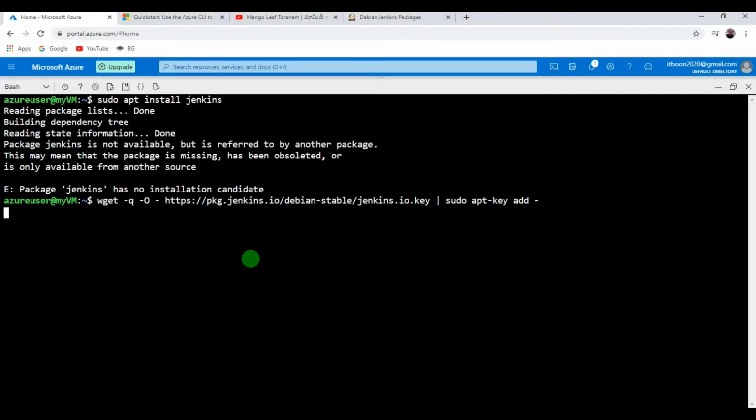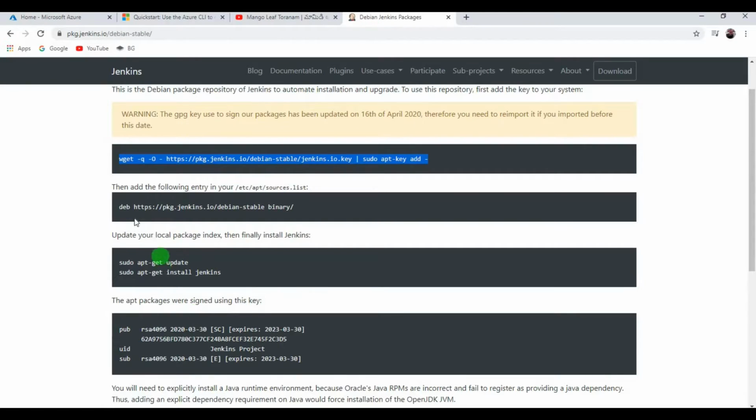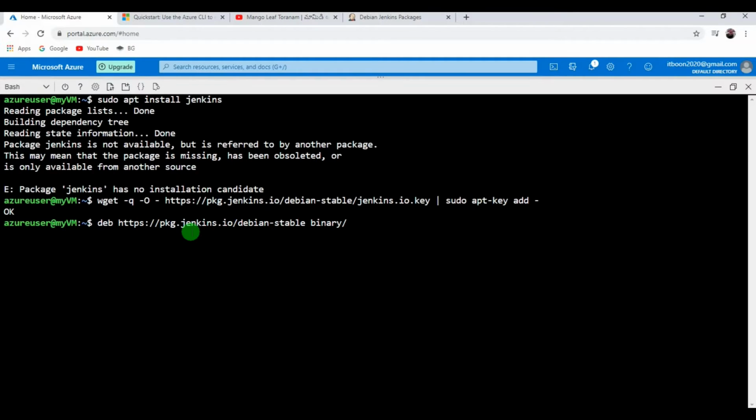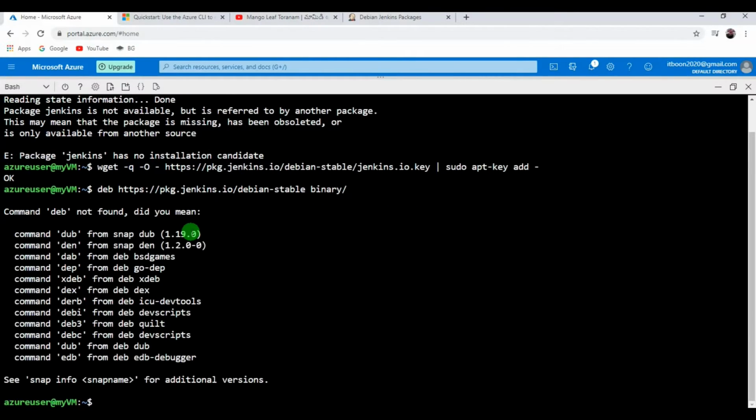Paste it, enter. Okay, you got the confirmation, so the repository is enabled. Now we should also enable the public key of it, so that whenever we try to connect to the Jenkins repository, we will not be getting any error. Okay, this is done.